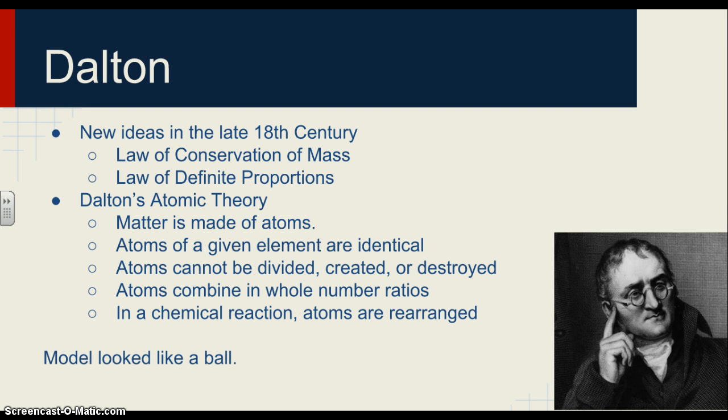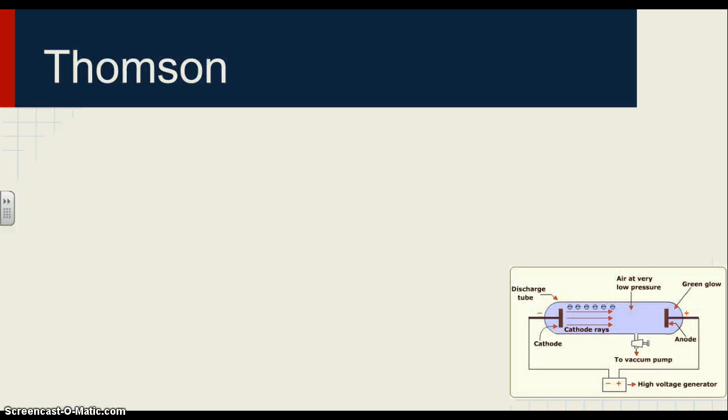So his model, if you wanted to draw it, models are never 100% accurate, and scientific models get better and better. His model looked like just a round ball, a solid little round ball. And that's Dalton's model. And it's good. It explains a lot of things. And in fact, his model came out in around 1808. We have to fast forward almost 100 years to the late 1800s before we get another major advancement.